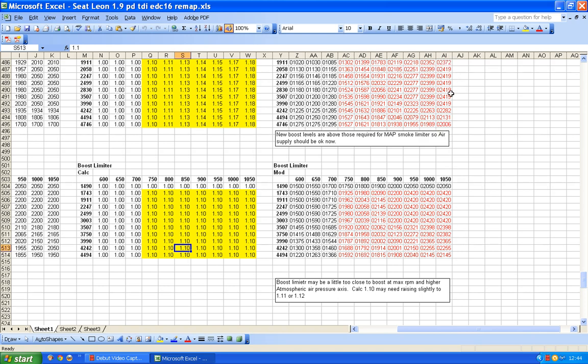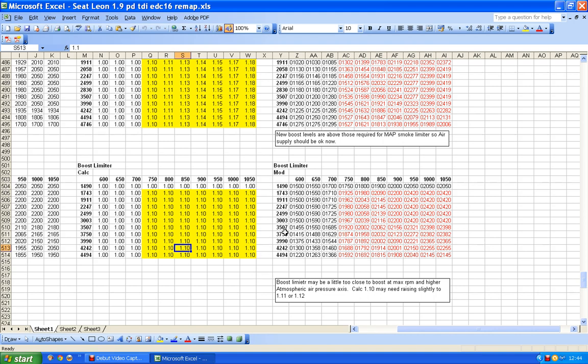So we will see. In other words, this would be a case of loading up the file, trying it out, and if we kept dropping into limp, then we would have to say to ourselves, right, this has definitely got to be increased. The other alternative is to make the increases now. In other words, to say to yourself, well, what I'll do is I'll make a range of changes now. I'll perhaps make that one 11% instead of 10%, and I'll make this one 12% instead of 10%.